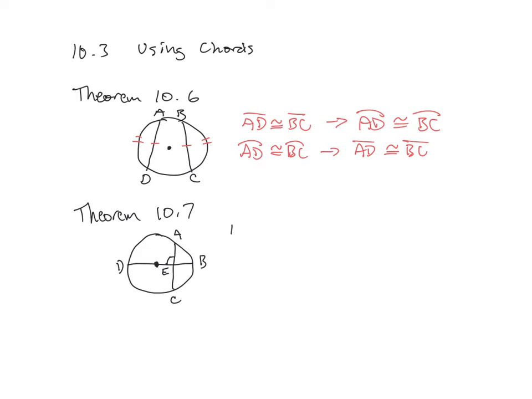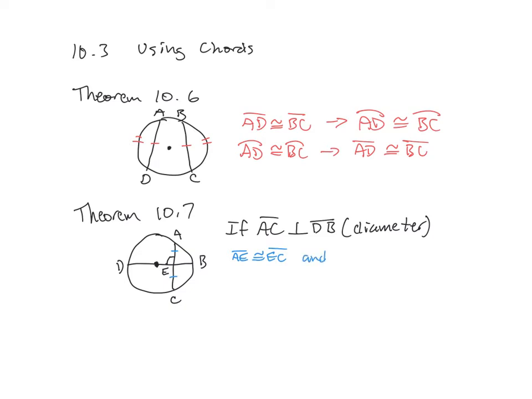Basically what this is saying is if AC is perpendicular to DB, and the DB part has to be a diameter. If it's not, you don't know anything. But if it's a diameter, then what we know is AE is congruent to EC, so these segments in there,